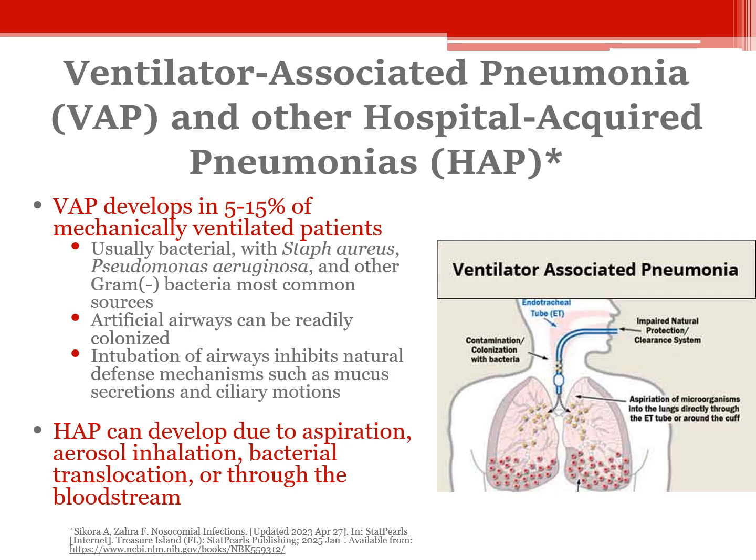In terms of other types of hospital-acquired pneumonia, there's a lot of different pathways by which a person's lungs can become infected in a healthcare setting that don't involve a ventilator. This can be due to aspiration of things, direct aerosol inhalation, bacterial translocation. This can happen with many other healthcare things, or just a lot of times you wind up with material in the bloodstream entering the lungs and then causing an adverse reaction that is a form of pneumonia.